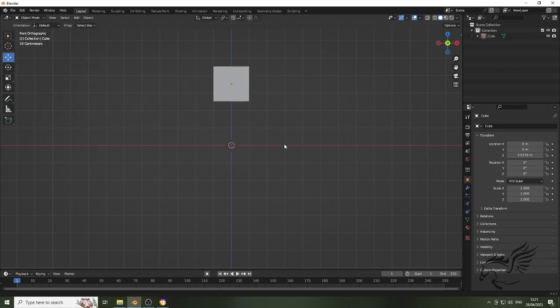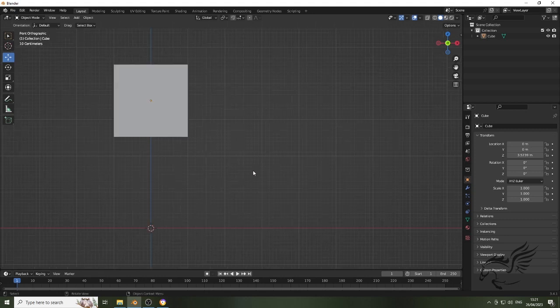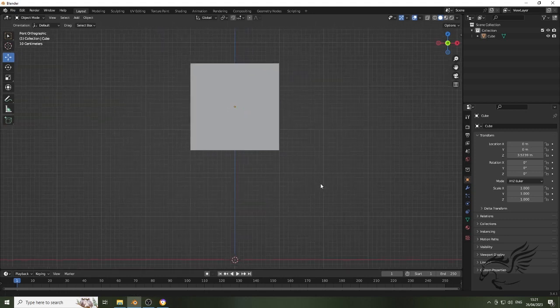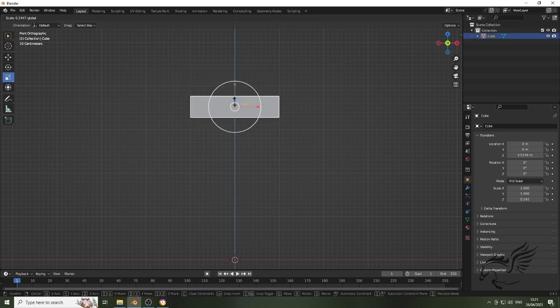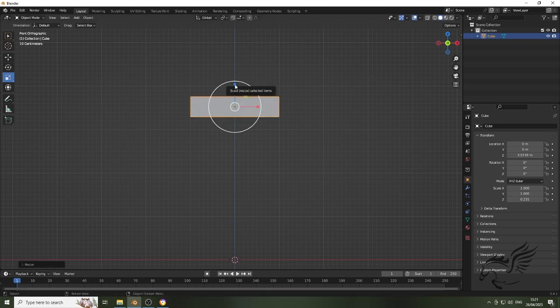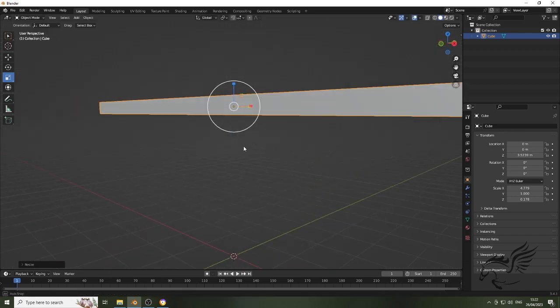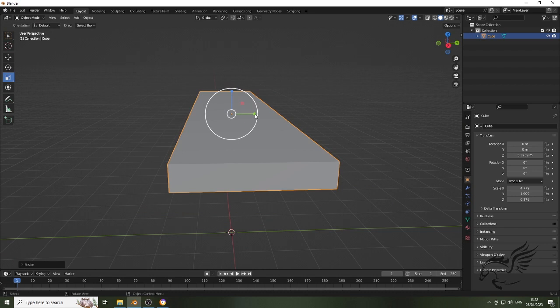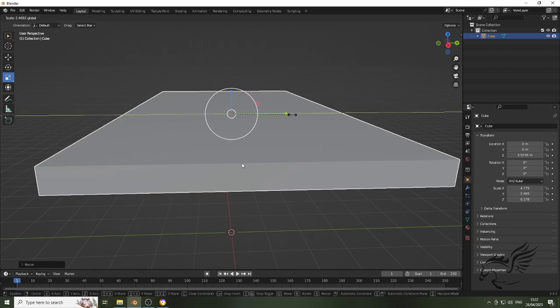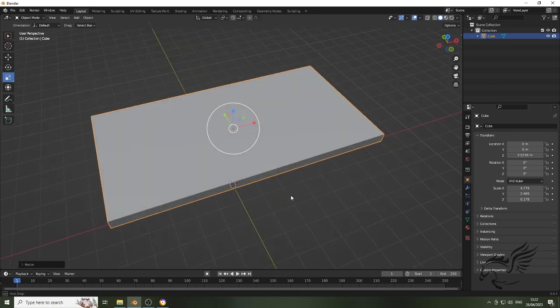So let me just zoom in. I'm scrolling to zoom in. So I have my cube like that, and I just want to scale it in the Z-axis. So I'm clicking at scale, and then I pull the handles to scale in the Z-axis. I have something like that. Then I want to scale it in the X-axis, and preferably I also need to scale it in the Y-axis. Okay, so as long as you have something like that,